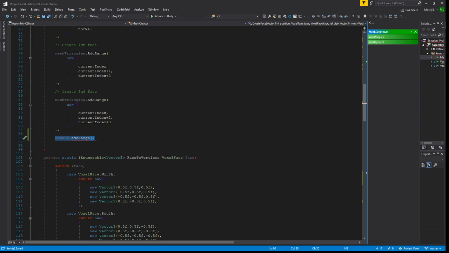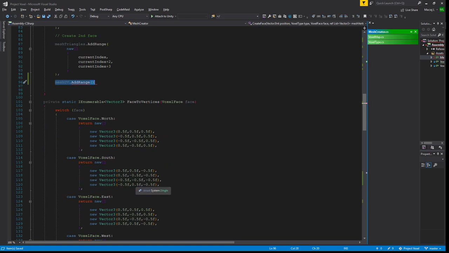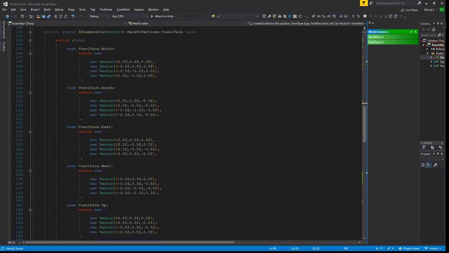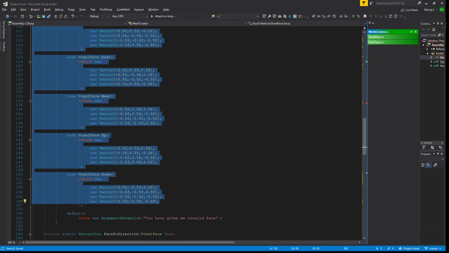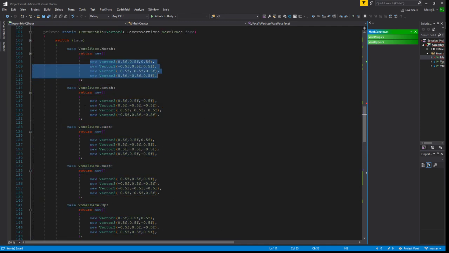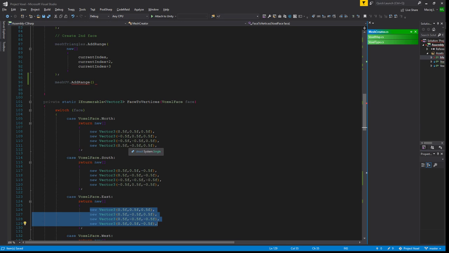What's the problem? The problem is that I forgot about UVs and how easy it would be if I would do this properly, and all of this is clockwise. That's good. Problem? They are not starting from the bottom left. So we will have to change all of these to start from the bottom left. Why? Or do we? Maybe we don't. Let's try it. Maybe we don't. So let's calculate the base